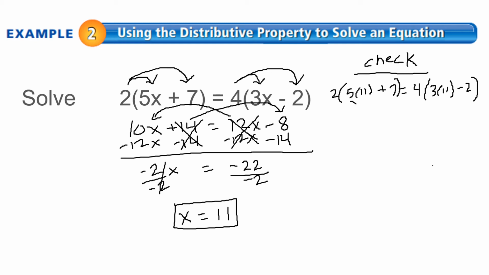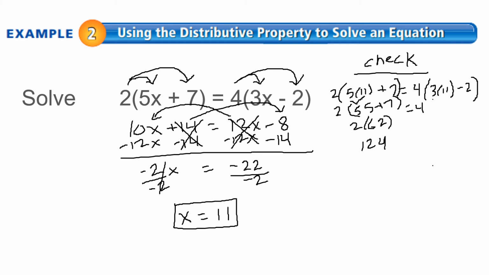And again, we'll have to do the order of operations, and we will need to solve within the parentheses. So 5 times 11 is 55. 55 plus 7 is 62. And 2 times 62 is 124. On the right side,